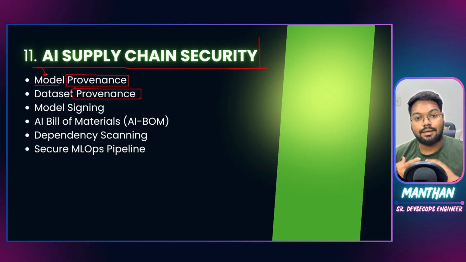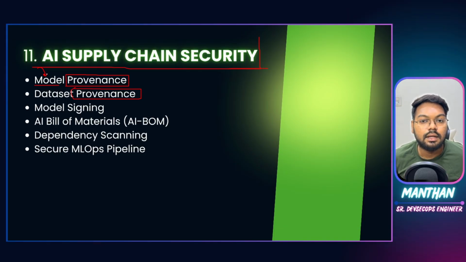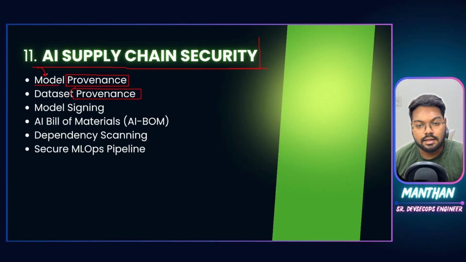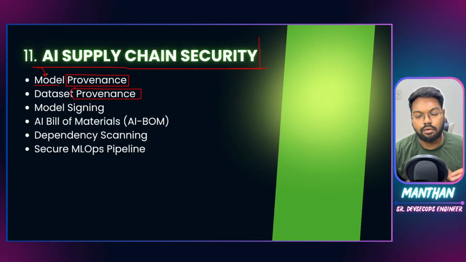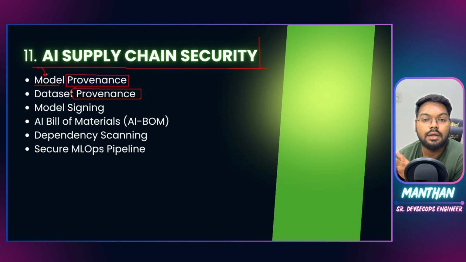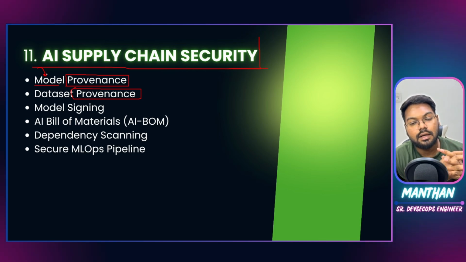Then that provenance, that history of that data being fed and the model being trained on that data, is called dataset provenance. And model signing should be there, the same way we do image signing. We create a hash and attach it to this particular model, and when we deploy it, at build time when the artifact of these models is created, we sign it. Once that signed artifact is stored in our registry, it makes sure that no one tampers with it, and that it is the same model that is getting deployed on the infrastructure.